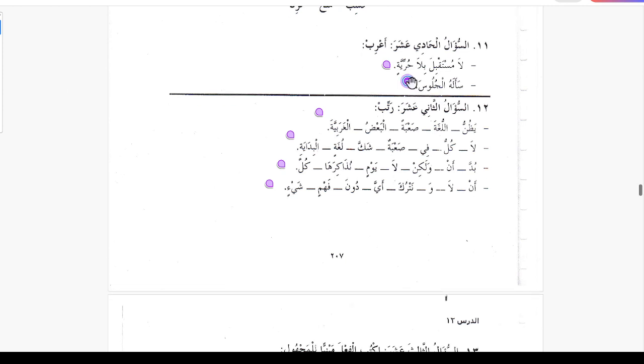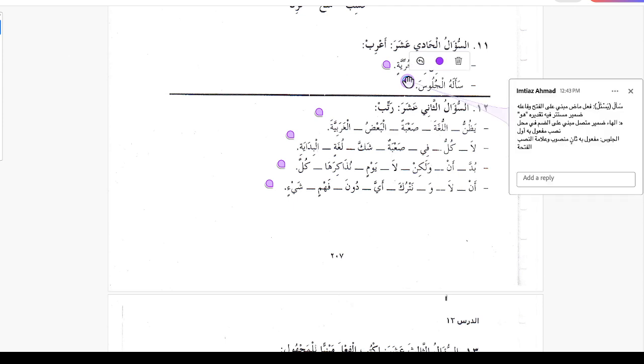Next one is sa'alahu julusa, he asked him. So sa'ala is another one that takes two maf'ul bihi. So who is the first maf'ul bihi? The fa'il is hidden here, and julusa is second maf'ul bihi. So sa'ala yasalu, sa'ala is fi'lun madin mabni ala al-fathi wa fa'iluhu damirun mustatirun fihi taqdiruhu huwa, and the fa'il is hidden here. Who is al-ha'u damirun muttasilun mabni ala dammi fi mahalli nasbin maf'ul bihi awwal, and al-julusa is maf'ul bihi sanin mansubun wa alamatun nasbi al-fatha.